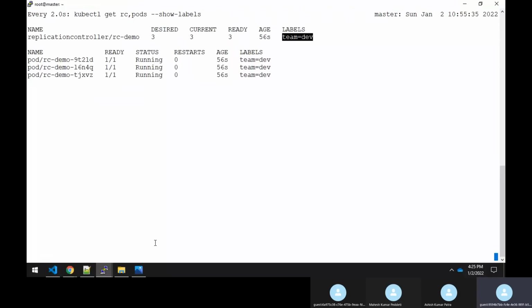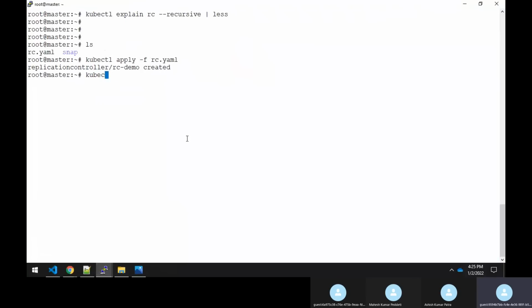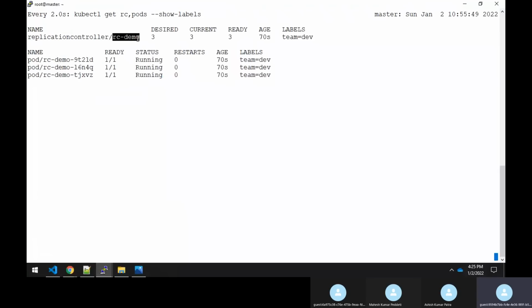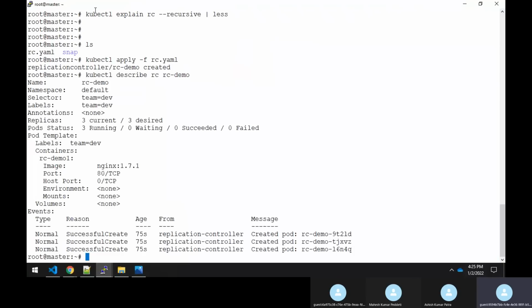So if you come over here and say kubectl describe rc, and then give the replication controller name rc-demo, you will get some more description.